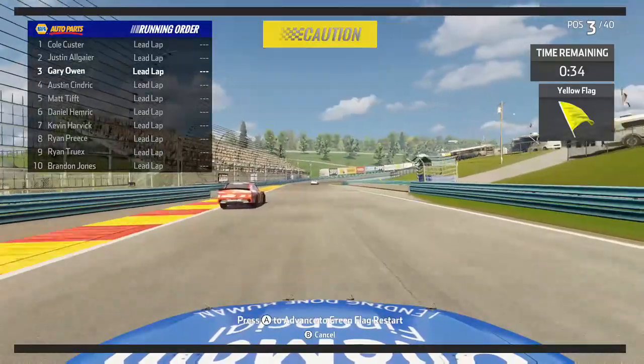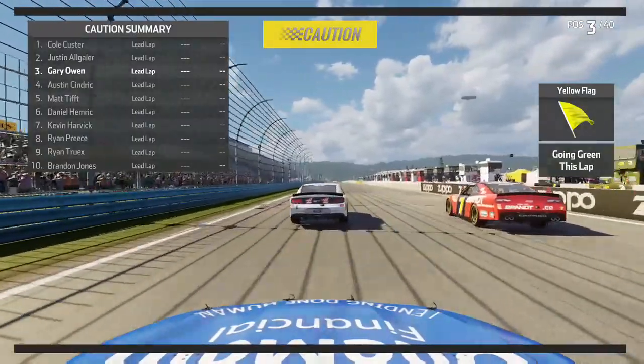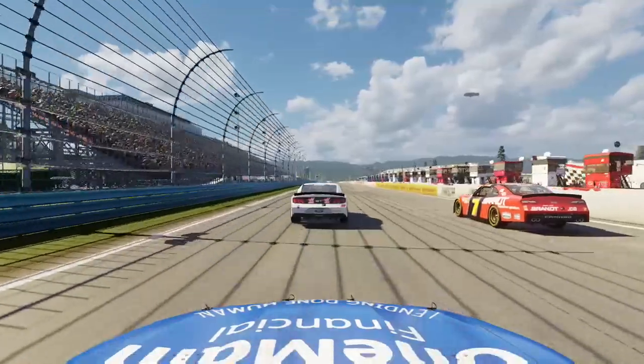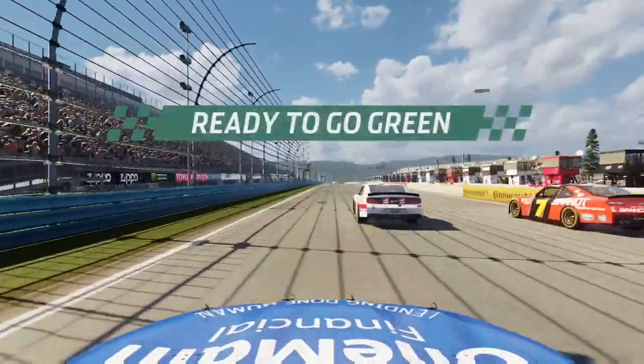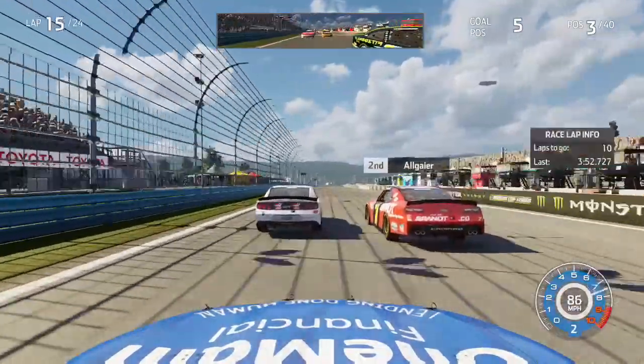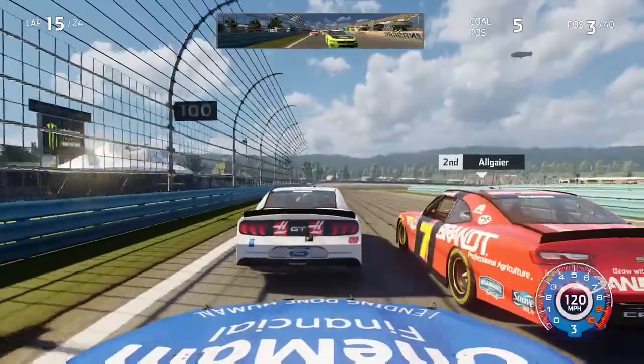It's going to be like a 9 or 10 lap dash for the finish here in Watkins Glen. Can we get the first road course victory of the season as we get ready to go green behind the leader, Cole Custer? The green flag is out for the final time, possibly, in Watkins Glen. 10 laps remain as we have a chance to get to the inside, but I'm not going to take it